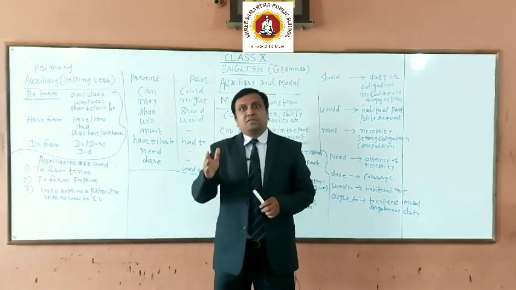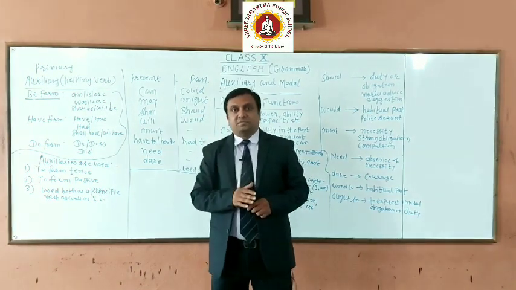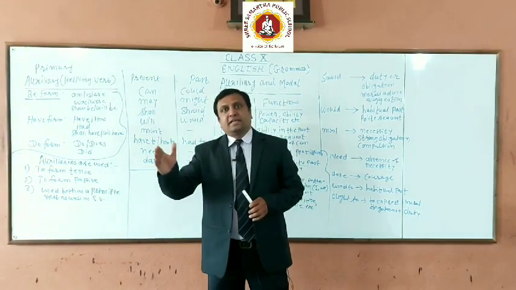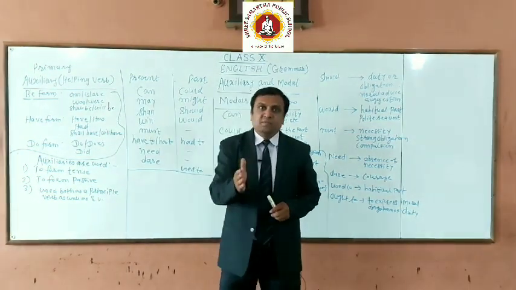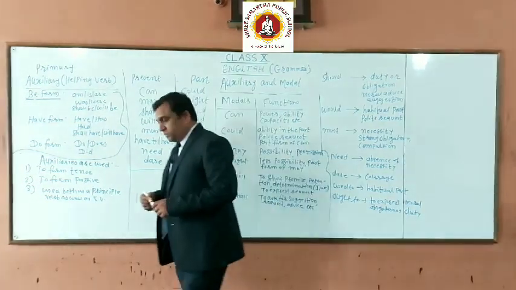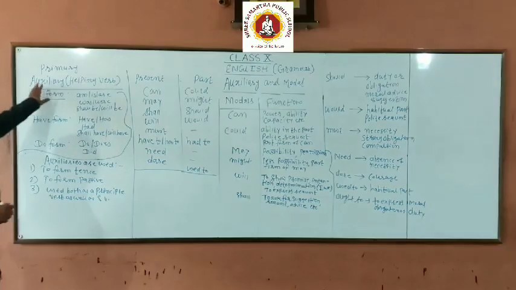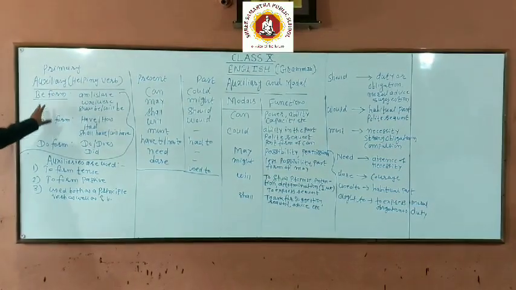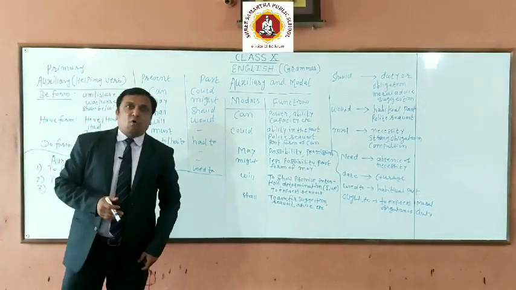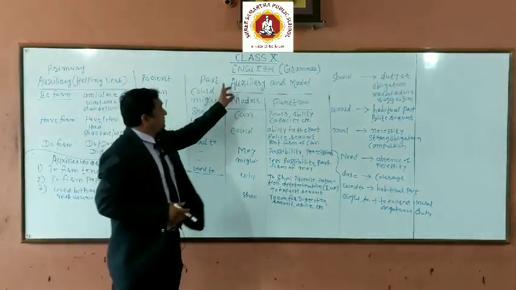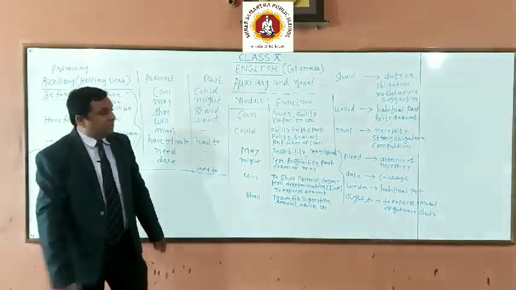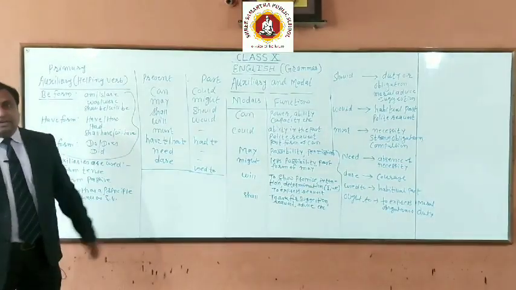They are employees. Are is a principal verb. They are working in their offices. Here are is an auxiliary verb, helping verb. So have you got the idea about the primary auxiliary verb, examples, etc.? Now come to the next point. Next point is modals. Modal auxiliary verb. So which are the modals in English language?